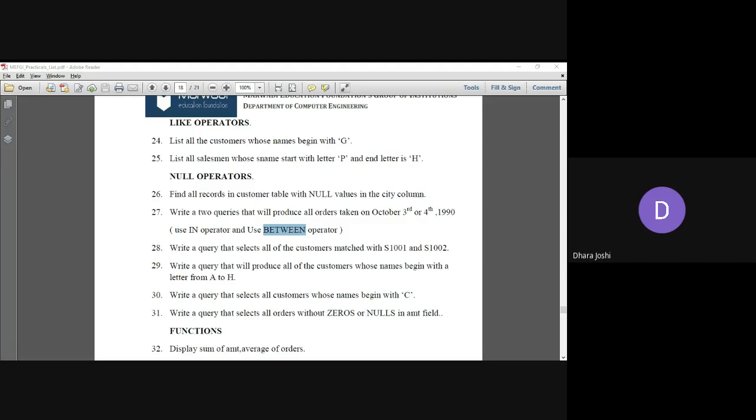Okay, now you can think about the between operator. What can be the solution for that? We are having lower and upper limit. Lower limit is 3rd October, the upper limit is 4th October.